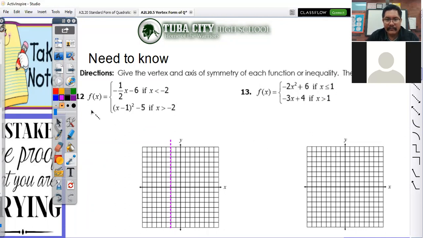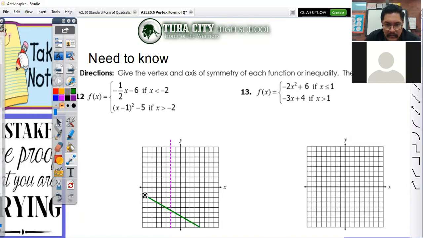Okay, and then let's go ahead and graph our lines. So I'm going to go ahead and graph the first line. So we have -1/2 x minus 6. So remember, this is in the form of y equals mx plus b. So we start with our b, -6. And we have to follow our slope in this case, which is down 1 over 2. So down 1 over 2. So it's going to look like this,